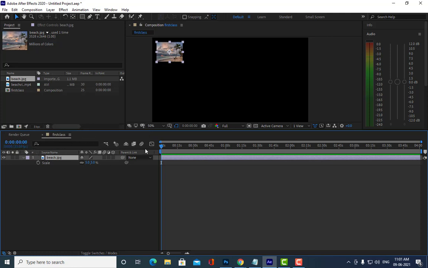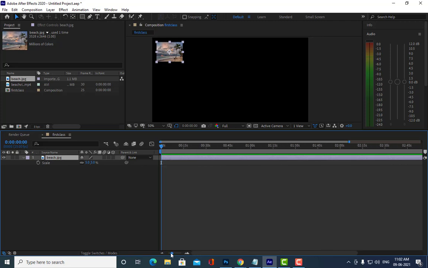Are you able to understand, everyone? Layers and time ruler. This is the time ruler, and this is the time indicator. You can change the duration display. Right now you are seeing seconds and minutes. If you want to change it to frames, if I move this slider at the bottom and increase it, now we are able to see only frames. Is it clear, all of you?